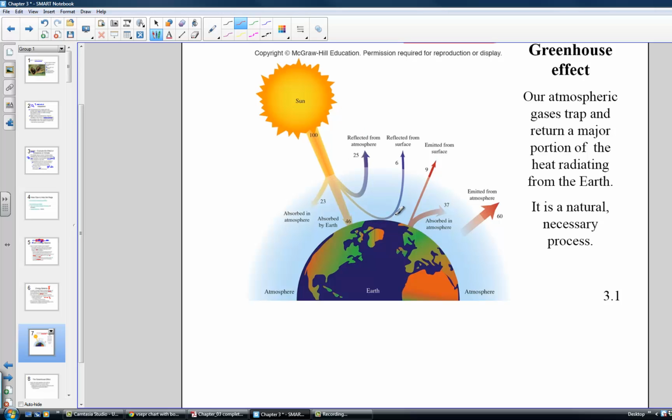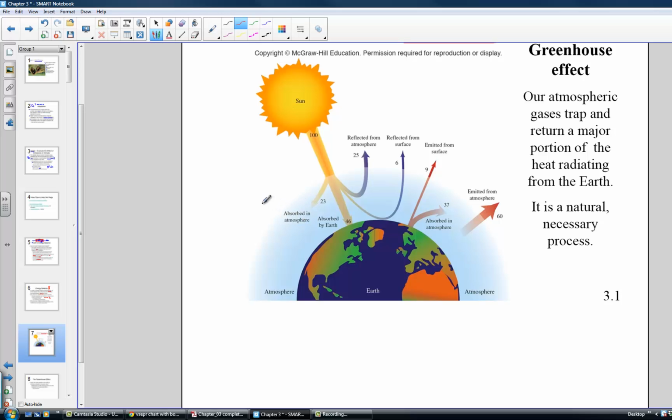Here, it might hit all the way to the Earth's surface, about 6%, and then reflected. Here, some of it is actually absorbed by the Earth's surface. About 46% goes into the Earth's surface, warming up the Earth. And about 23% is absorbed into the atmosphere, and that's where we're saying when we say absorbed into the atmosphere,